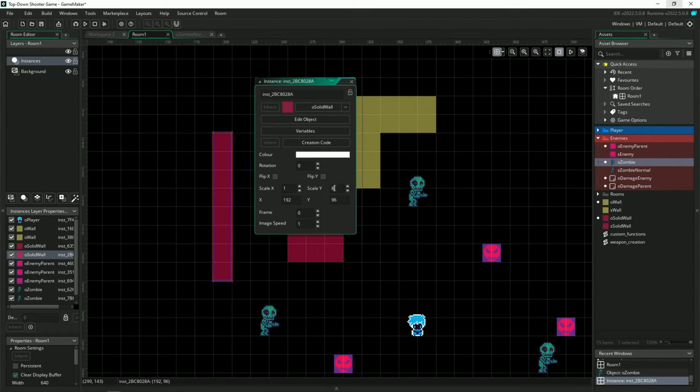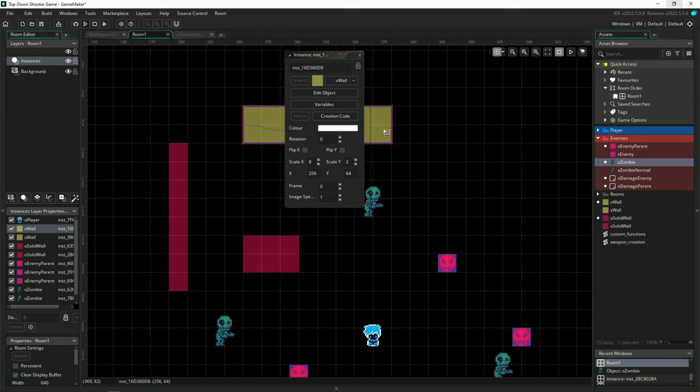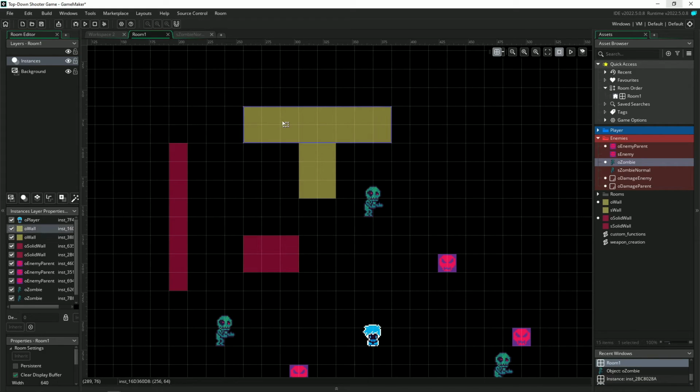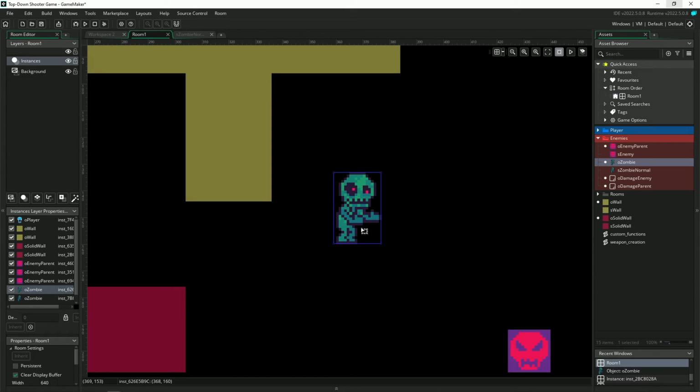And you can see here, we've actually changed the Y scale of this one. And on this one, we've changed the X scale to be 8 and the Y scale to be 2 by dragging it around like this. You see? Hold on. There we go. And so if the collision mask didn't stretch with the visual of the sprite, then the wall would only still be here, right? So that's why it's a little dangerous, because if your collision mask is not perfectly centered,